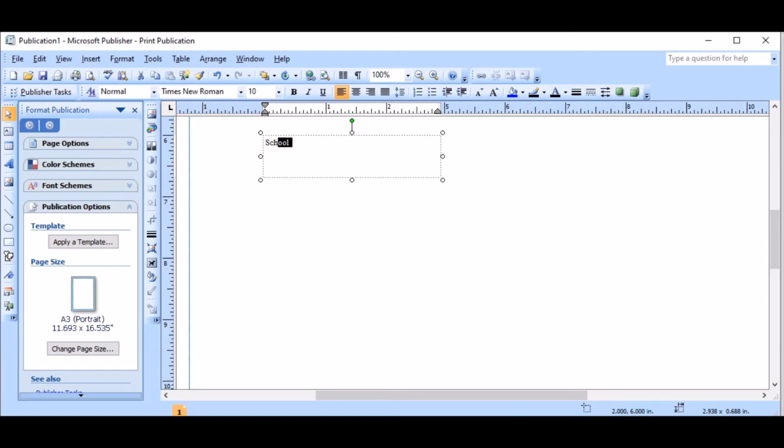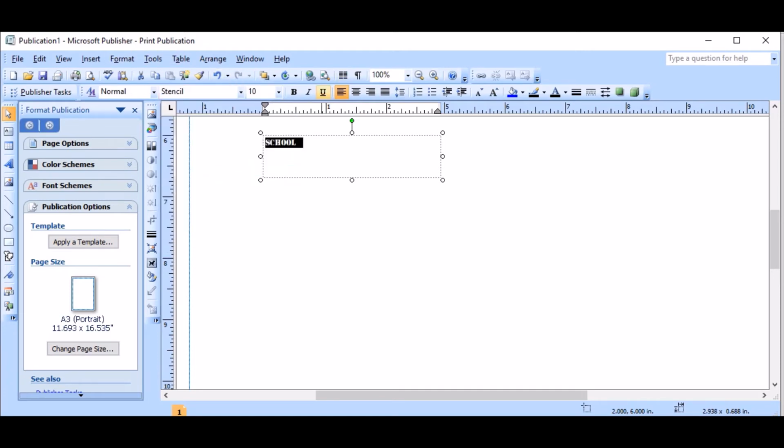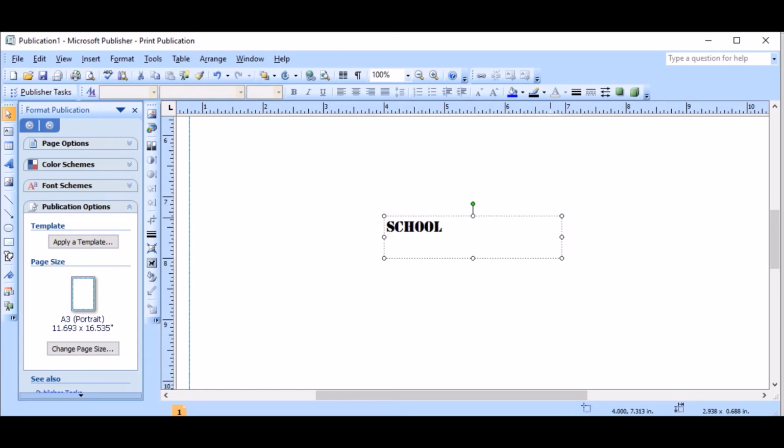We can have any shape and size, text design. We can increase the font. We can move this text box or frame. The box that you see around it is called a frame, and we can move and resize the frame in whichever direction we want.